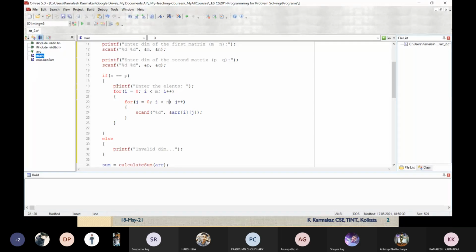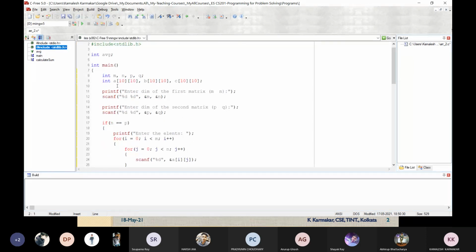As the index starts from 0, that's why it will be less than m, and j will be less than n. So we have to take this input. The name of the array is A, so we are going to take this input in array A. So two variables we are using here. One variable is i, another one is j.